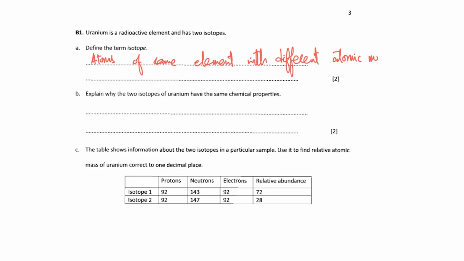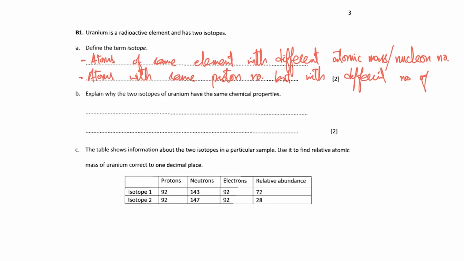If you don't want to use the term atomic mass, you can say nucleon number. That's also the same. But another way of defining it in terms of subatomic particles is atoms with the same number of protons, or same proton number, but with different number